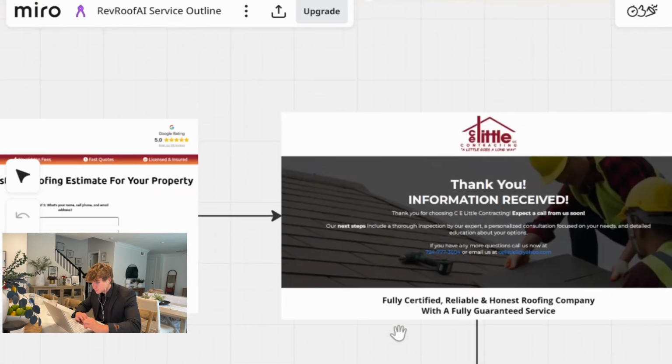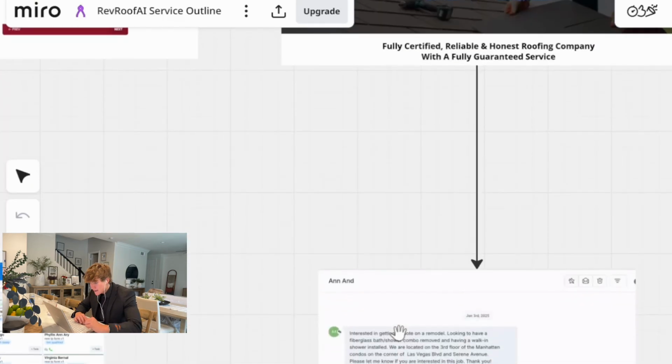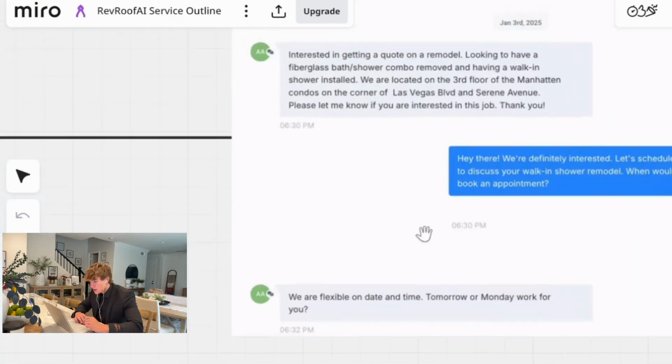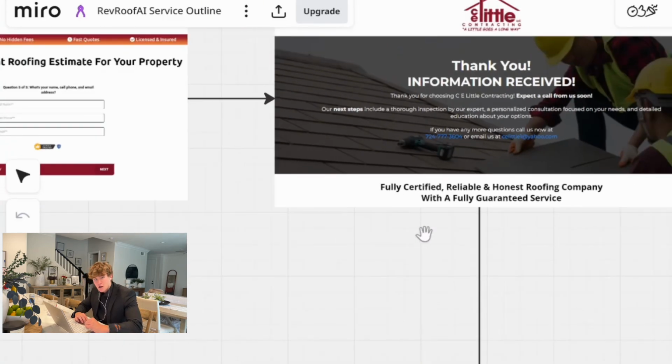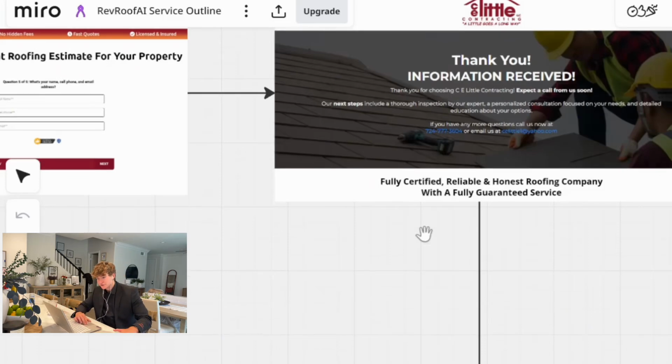And then you'll see they'll get sent to a thank you page here. After they get sent to this thank you page, you're probably wondering, what's going to happen next? Am I going to have to call them up and confirm and book them? No, you're not going to do this, because the next step is also very important, which is speed to